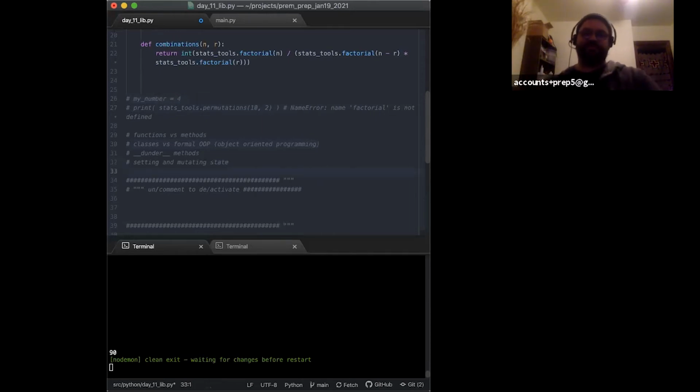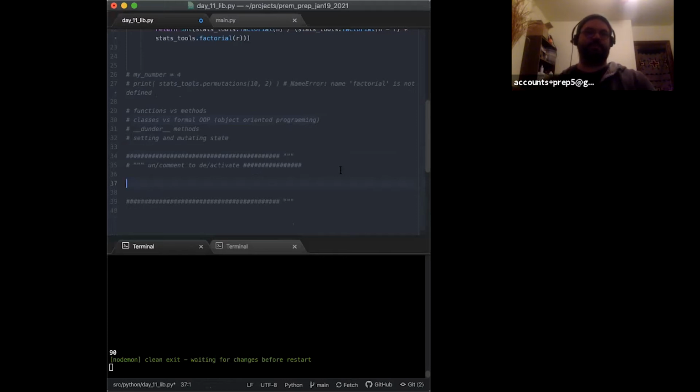So let's build out some more conventional object-oriented classes. Cool. Okay, so let's build a binomial class. So I'm just going to say class, and this is going to be more of a formal object. I'm going to follow object-oriented